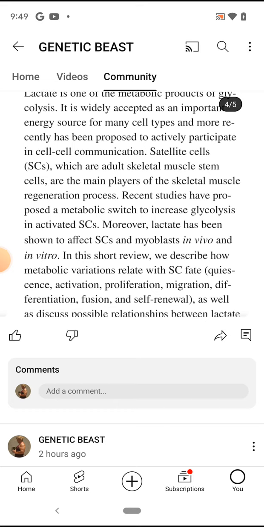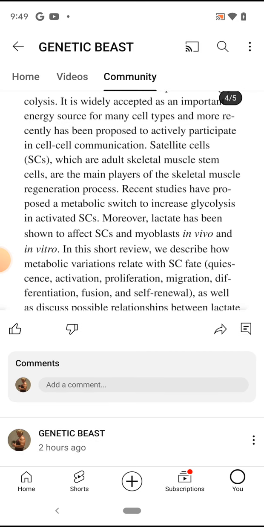In this short review, we describe how metabolic variations relate with SC fate, quiescence, activation, proliferation, migration, differentiation, fusion, and self-renewal, as well as discussing the possible relationship between lactate,